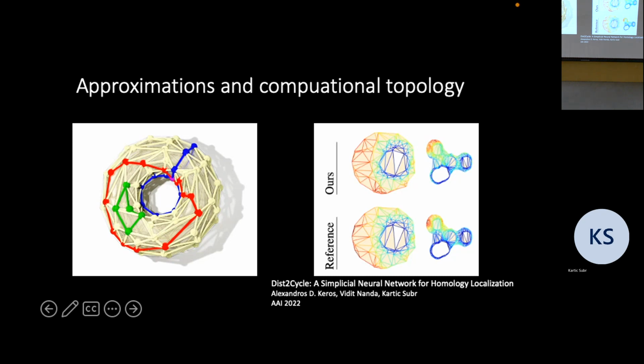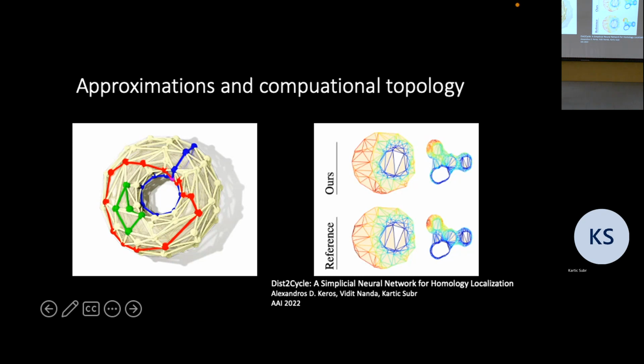So the key insight in this paper was to flip it. Instead of looking at an eigen decomposition of a Laplacian, it was to look at the decomposition of a pseudo inverse of the Laplacian. Because then if you take the top eigenvalues, they correspond to the null space. Anyway, for those of you who are not topologists, the takeaway here is that we used a simple graph neural network. We didn't do anything complicated with the neural network or the training or any of that. But we replaced the way in which weight aggregation or diffusion happens within a GNN when it's trained. Instead of training it with the Laplacian, we trained it with the pseudo-inverse of the Laplacian.